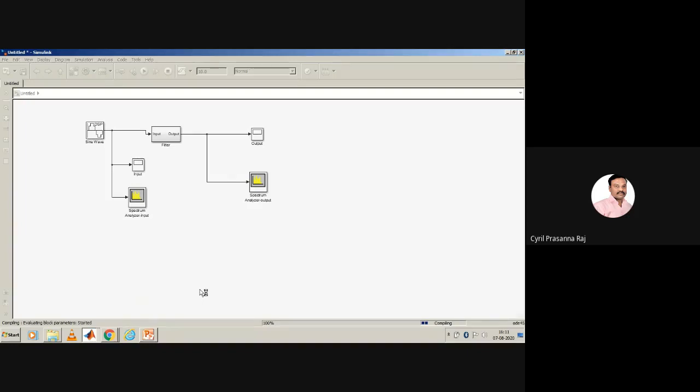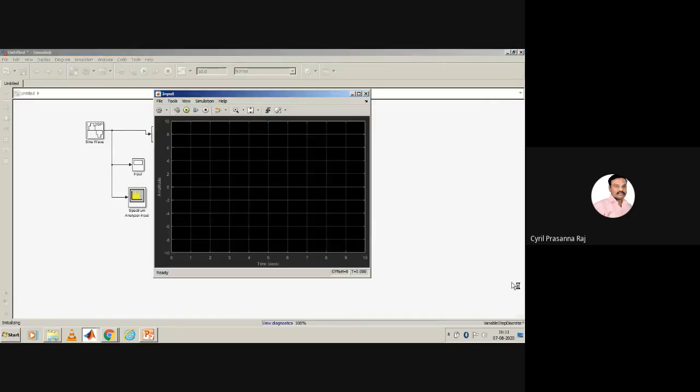Again, it will take some time. To show you, it is still compiling. It is still showing at the bottom that it is initializing and so on. Then it will give you the response.